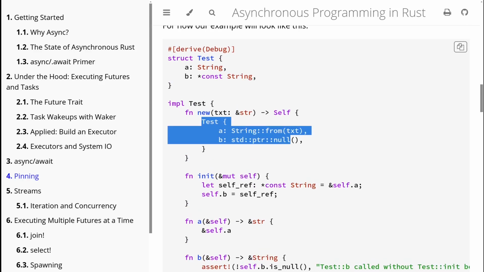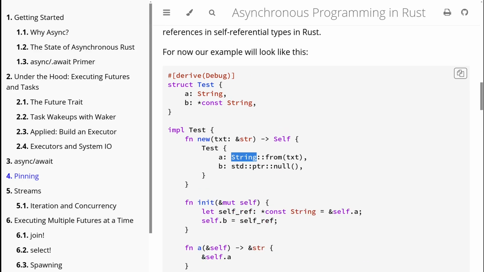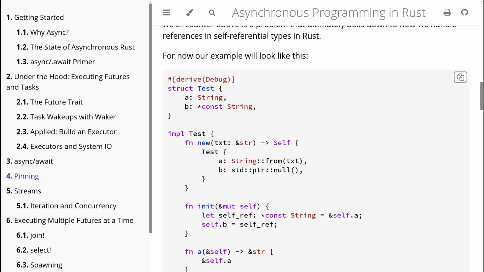Anyway, we have a string. Yeah, this b is going to be a null pointer. So yeah, I guess it's probably just a